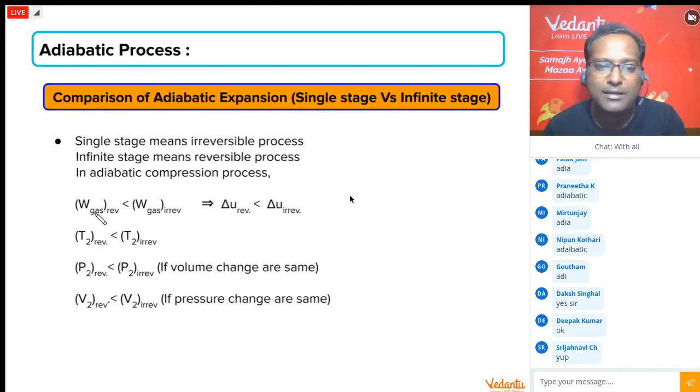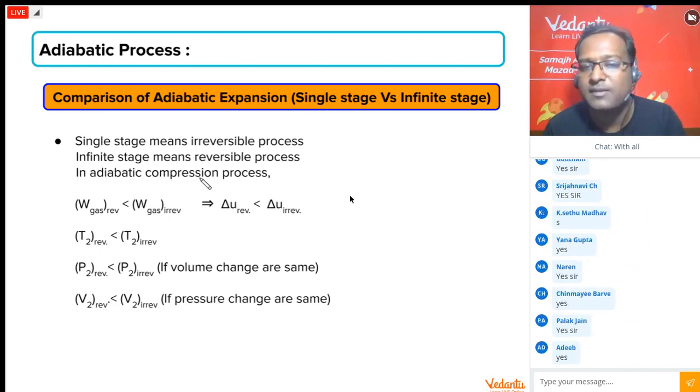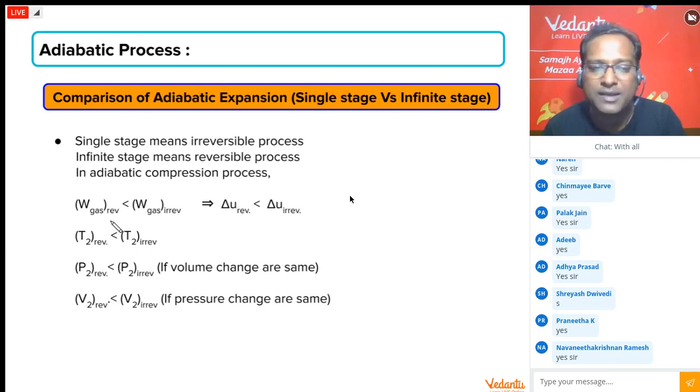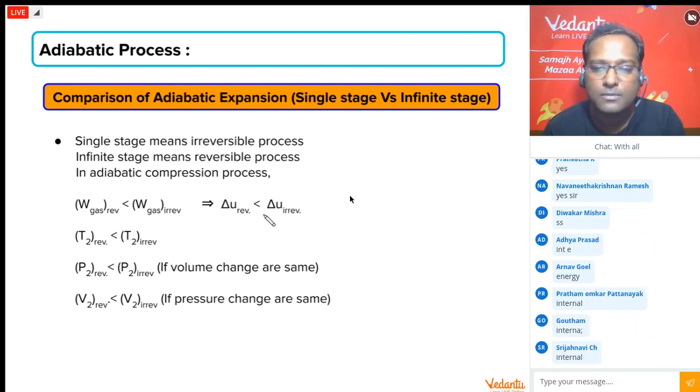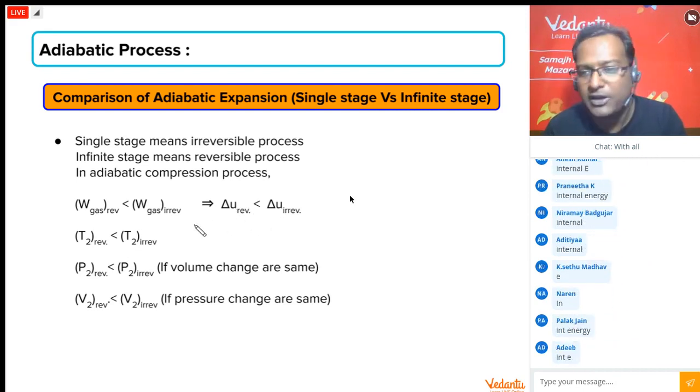I hope you remember this. We covered it in the class before last. If we talk about a compression process, irreversible work done is more than reversible work done. Now, for an adiabatic compression process, Q is 0. So W becomes equal to delta U. So the same formula will be valid for delta U. Is this U velocity or internal energy? Internal energy, before anyone asks.